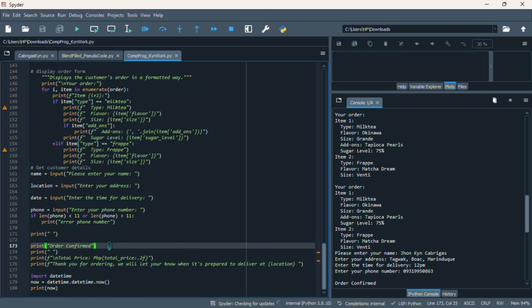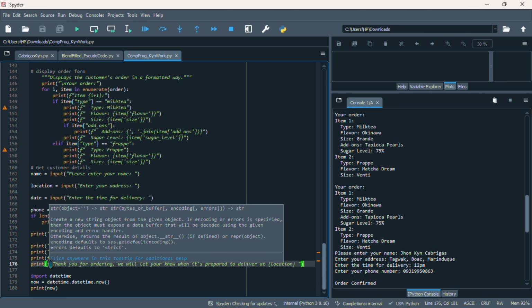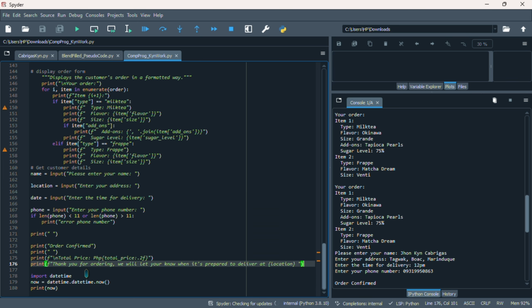And there we have it. The system will print order confirmed, and it will print the total price of the order that I placed. The system will also print thank you for ordering. We will let you know when it's prepared to deliver at your location.